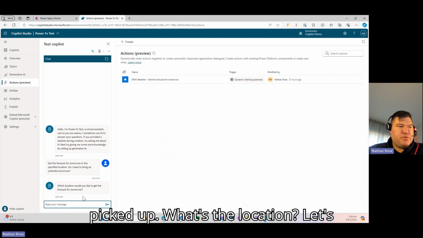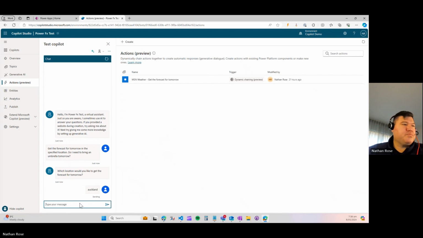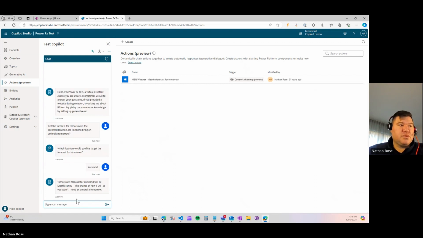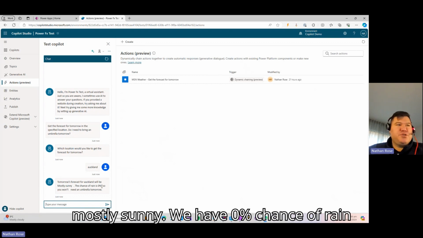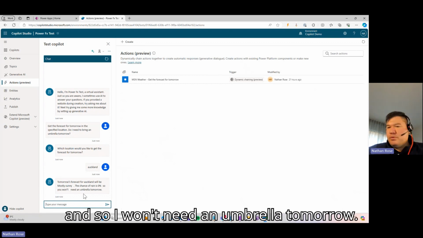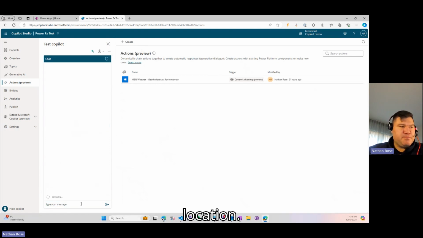Okay, so it's picked up the location. Let's choose my location, Auckland. And it said tomorrow's forecast is mostly sunny. We have 0% chance of rain, and so I won't need an umbrella tomorrow. Very cool. All right, let's pick another location